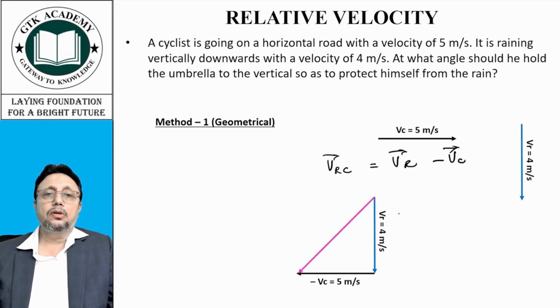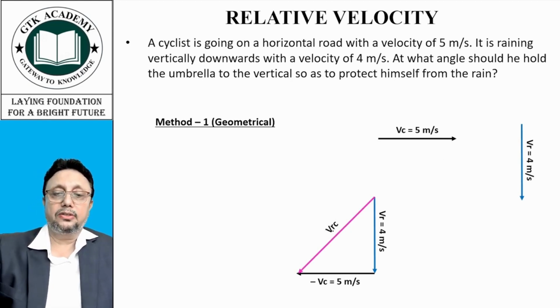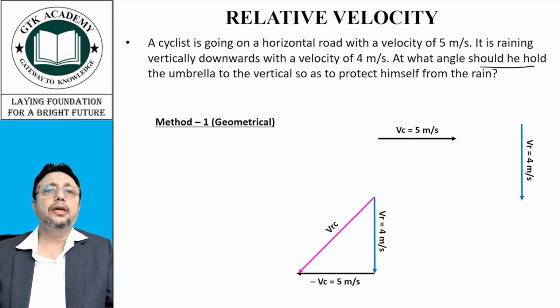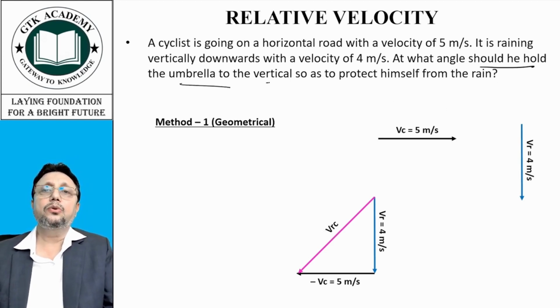So this will be velocity of rain relative to cyclist. Now what he is asking, at what angle should he hold umbrella to the vertical so as to protect himself from the rain? So this is the angle,